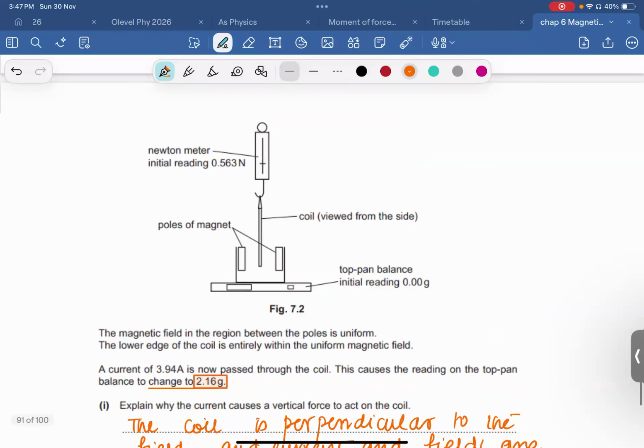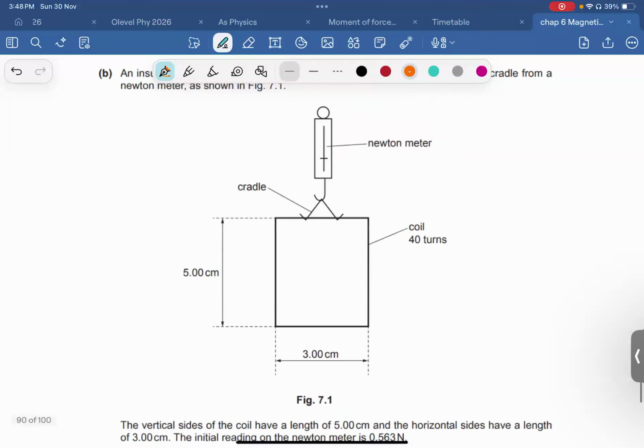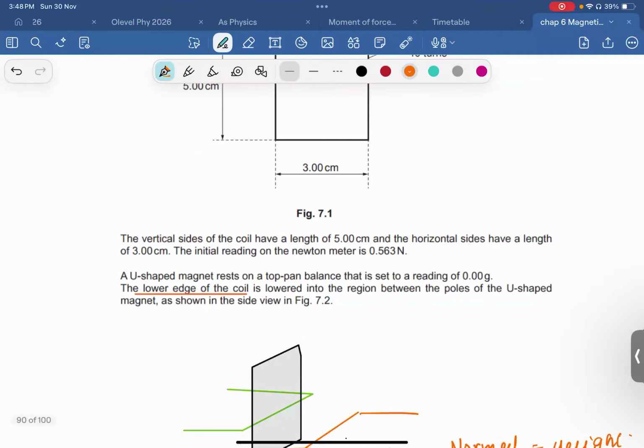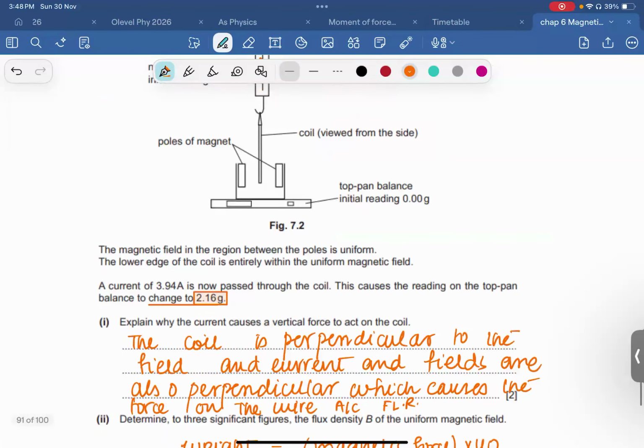The magnetic field in this region, the lower edge is entirely within the magnetic field, the current is now passed through the coil, and the reading on the balance is to change. They didn't tell us the direction of the current. How would we possibly know that? The reading on the pan balance is 2.16, which means